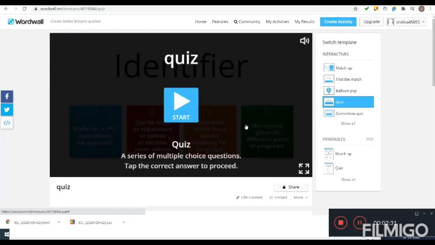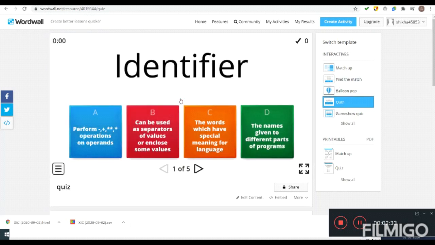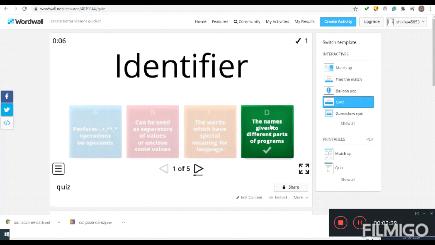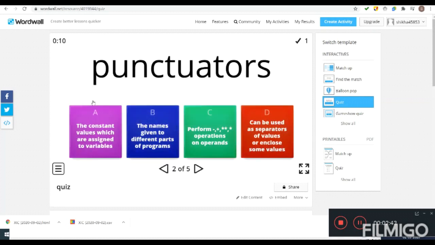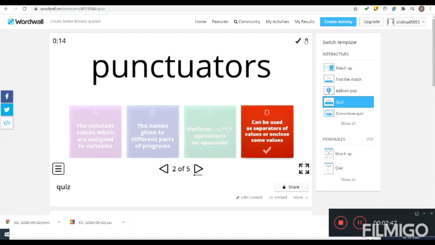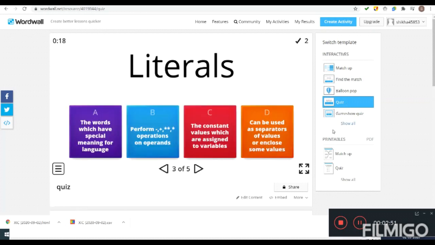If I take the quiz format, then it will come in the quiz format, like the MCQ quiz that we generally give using Google Forms or Formative. So you can see it will work in this way. You can see the score is updating here.